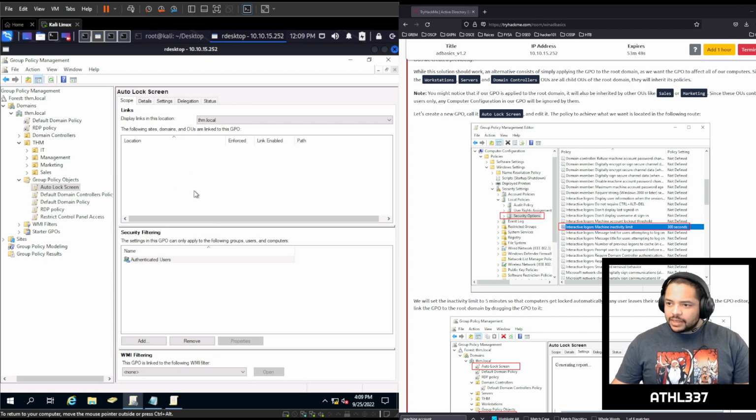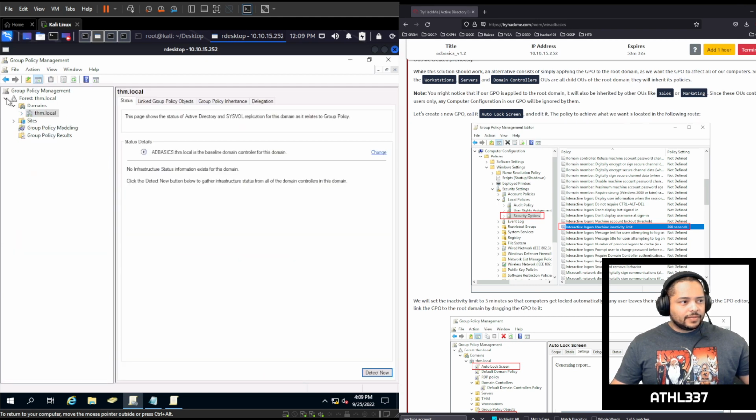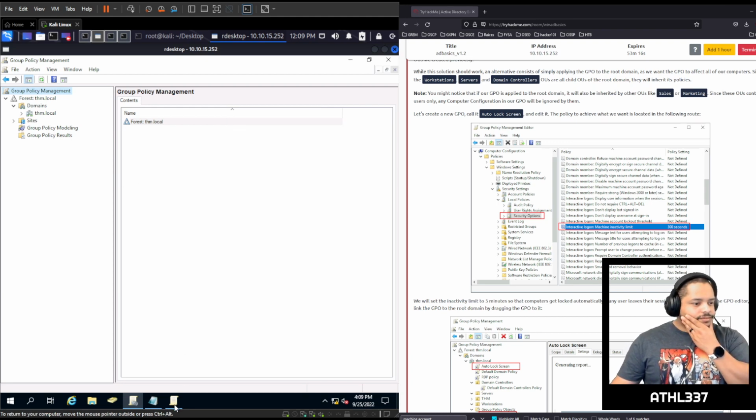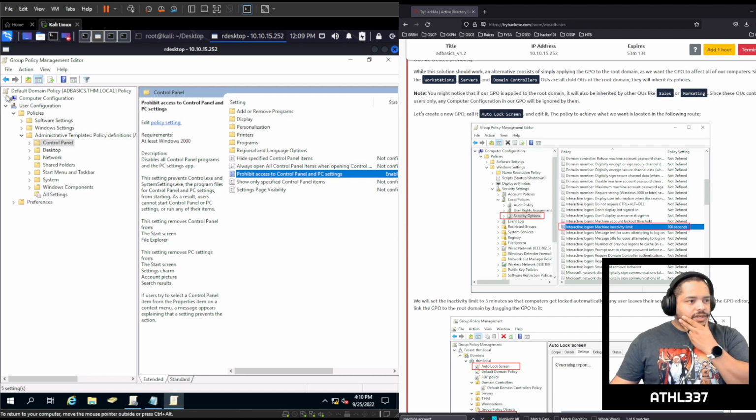So I'm in the group policy management editor. I am looking at computer configuration. Where are you? This does not seem the same. Group policy management error. Oh, I was looking at